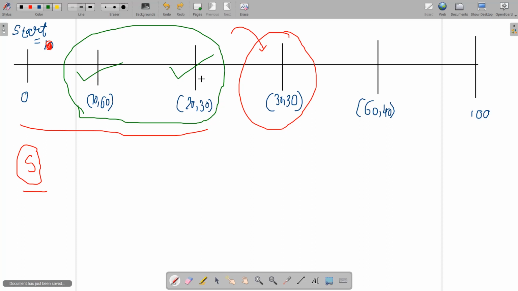When you have come up to this position, yes, it is okay, the start fuel is again sufficient to come up to this second station. And when you come up to this third station, you find that the start fuel is not sufficient to come up to this station. Then what do you have to do to make our vehicle come up to this position?